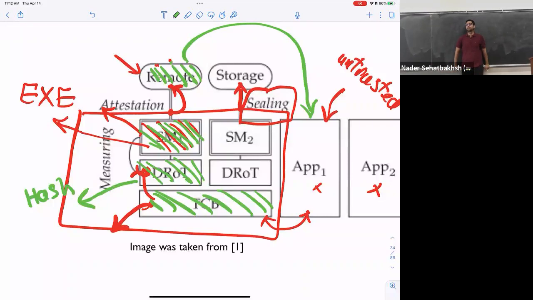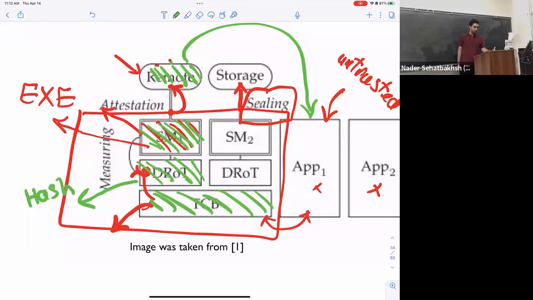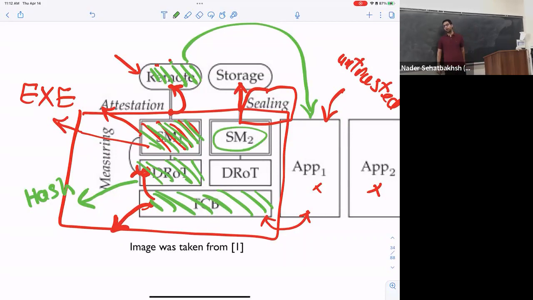Are there applications that are expanded into the dynamic root of trust? Yes, they technically can be. The reason that we don't put them in the notation that I'm using here is that these modules come and go. They're only transient. You run some application, you're done with it, and you go to another application.